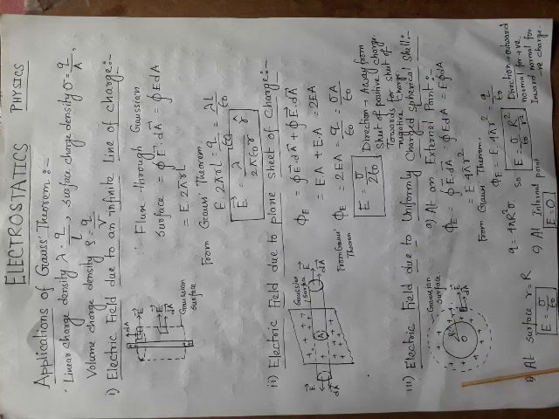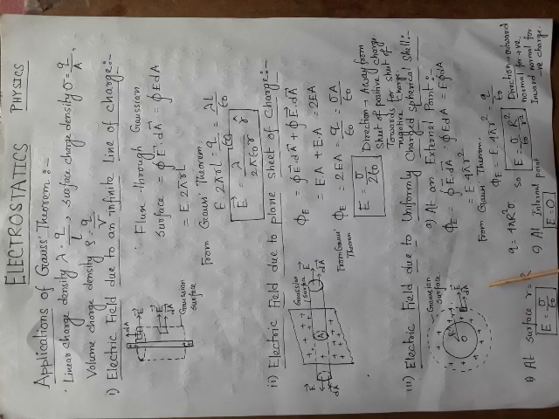Now the third application, that is electric field due to a uniformly charged spherical shell. See the diagram. This is the spherical shell. The radius of that spherical shell is capital R. We have considered the Gaussian surface like this, and the point where first we want to find the electric field is at a distance small r from the center. For this spherical shell, we can see E and dA both are outward and in the same direction, that is radially outward. Therefore, here also the angle between E and dA is 0 degree.